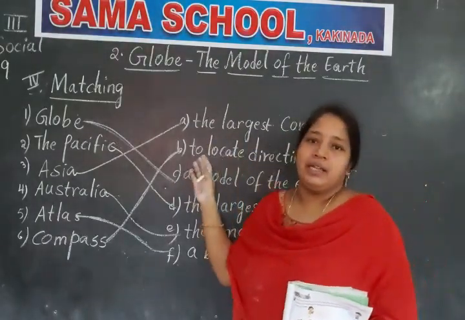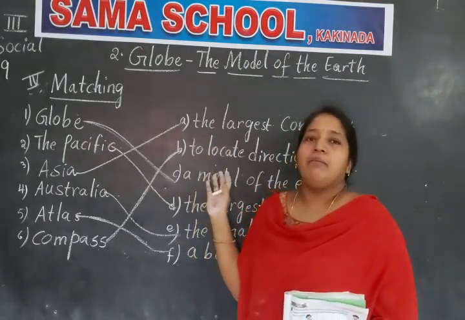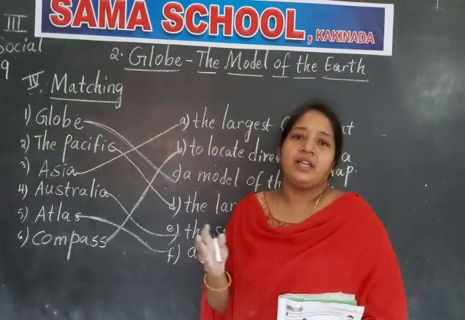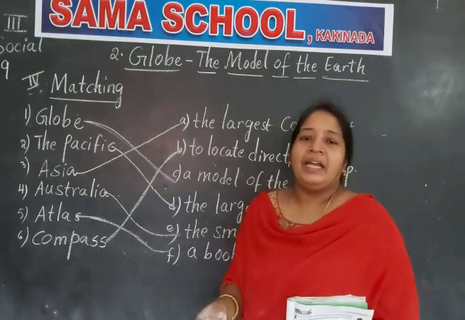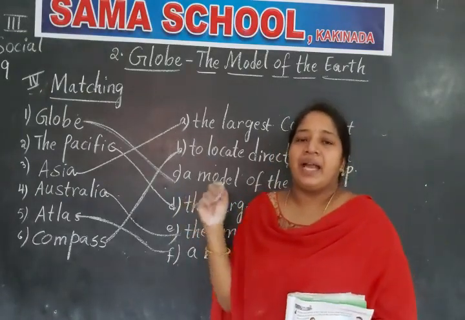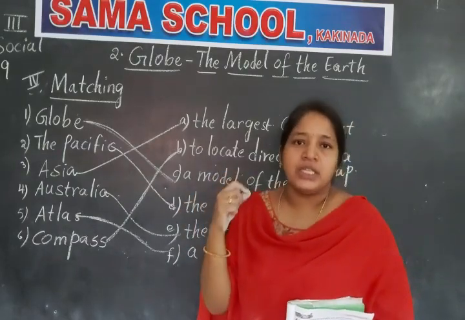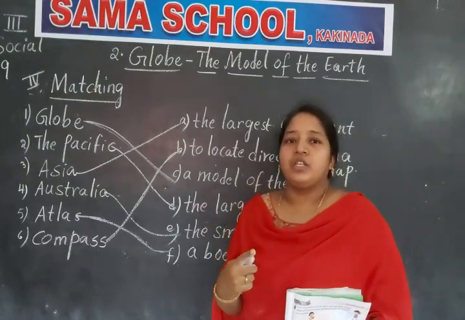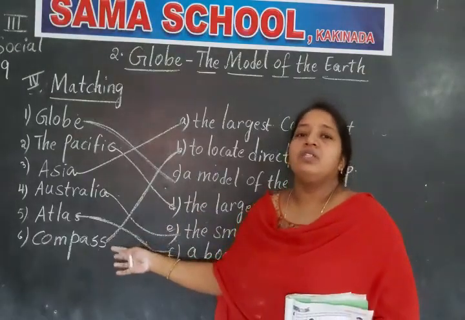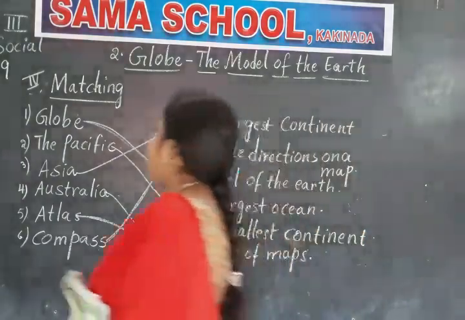And one more compass is there, that looks like a watch, an instrument mainly used by the sailors in the oceans. In the oceans, all the four directions look similar, and they take the help of this compass, which has a magnetic needle that always points towards the north. If you know one direction, you can easily find the remaining three directions. Okay, clear children? Shall I repeat again?